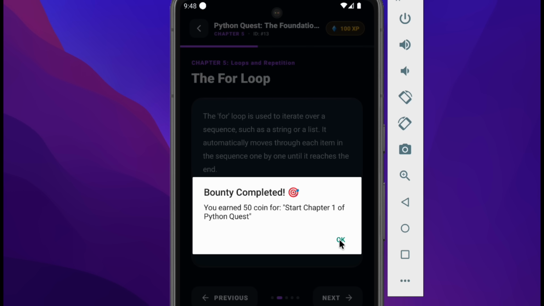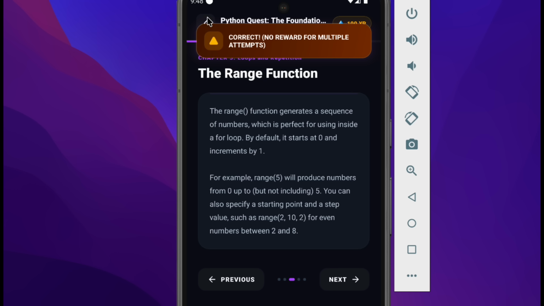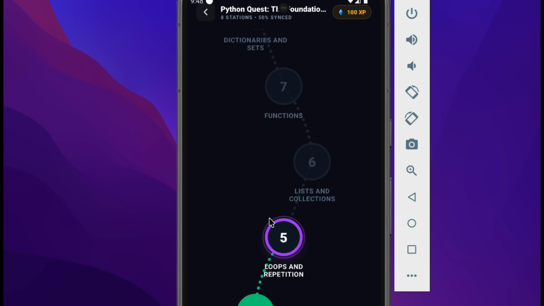So it's saying, okay, chapter 1 of the Python quest is completed, and it's showing that bounty for the 2 days. Then I got the second subtopic. I will go to the next, and then I will finish. And if it comes wrong, then obviously user will not get any reward. Okay. Then once the chapter is completed, you will see that completed chapter will be marked with a green check mark,